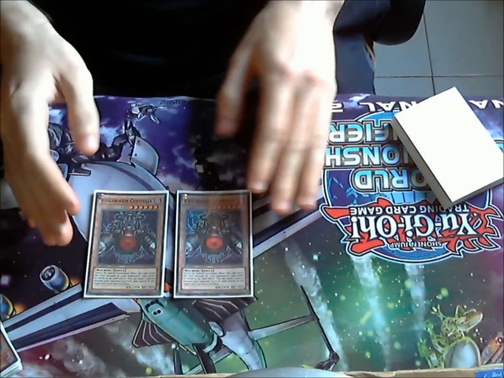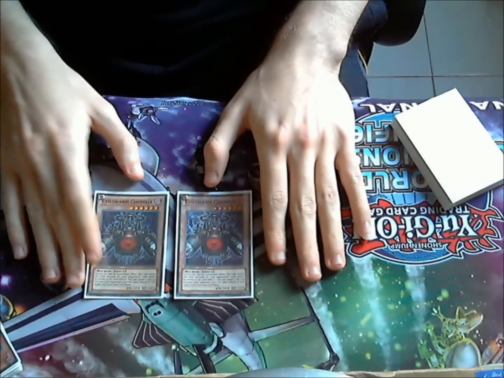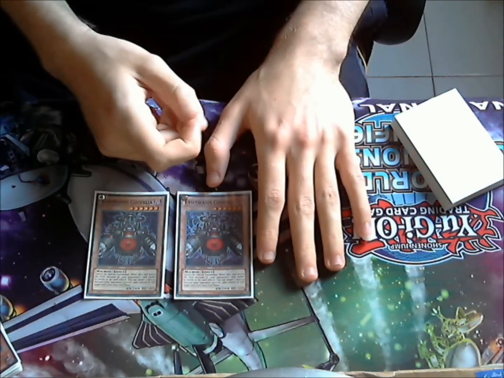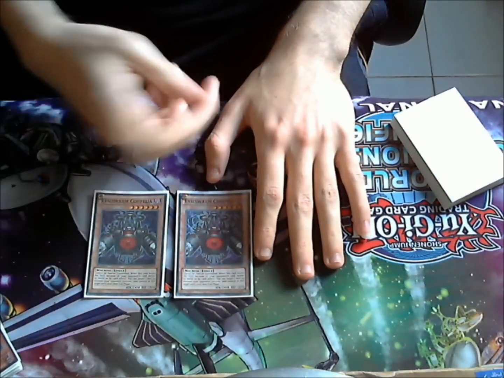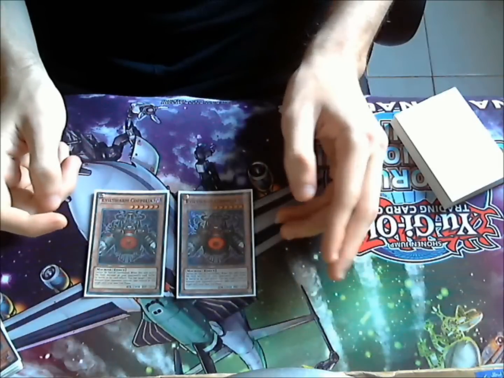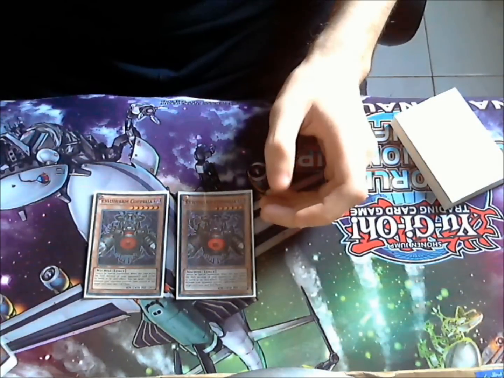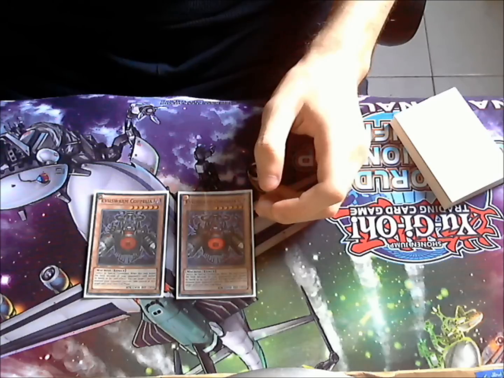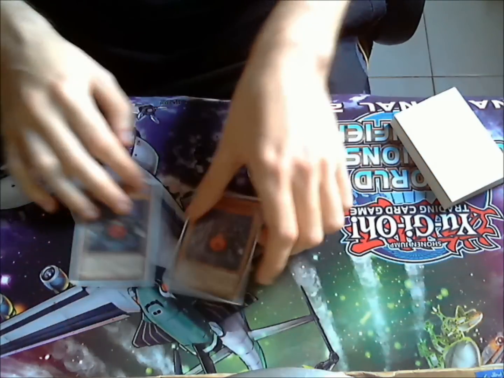What's good about the card? If you don't know the card, when it leaves the field in any way, you get to take 1 face-up monster your opponent controls, and you give it back in the end phase of the next turn. What's good about the card is that it's surprising, mostly. It can get around stuff like Shien in a very good way,